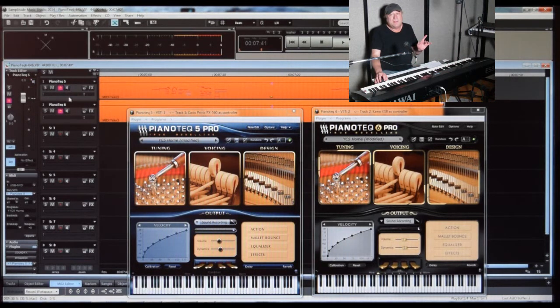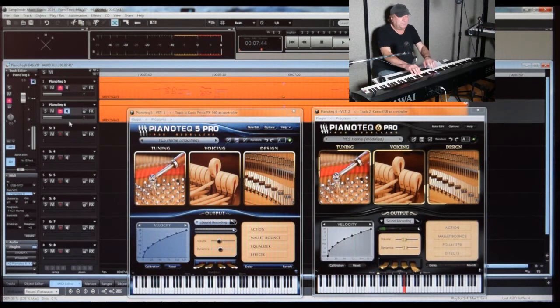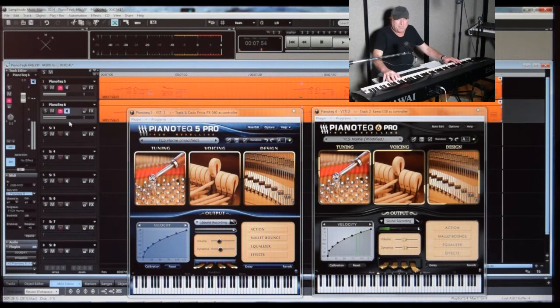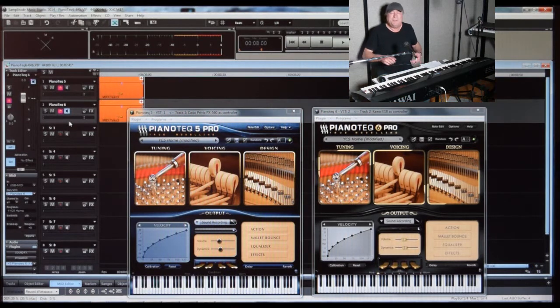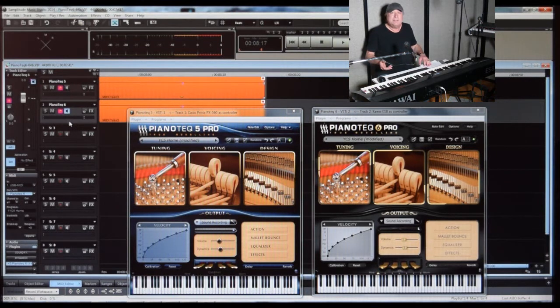Now that that's fresh in your mind, let's go back to 6. A little bit more to it, and it's kind of hard to put your finger on exactly what it is that they've done, but basically the main differences between 5 and 6 is the modeling and the audio engine. So it's going to sound much better, and in a lot of cases it's kind of a subtle difference, but it's definitely there. And again, like I mentioned, they've done such a good job with that Steinway gave them their